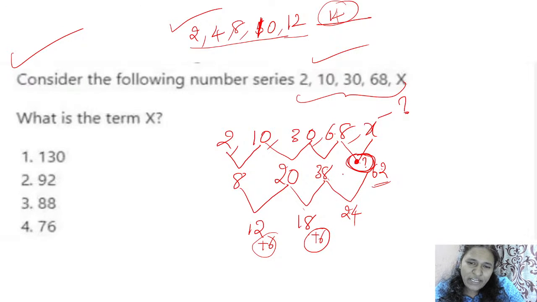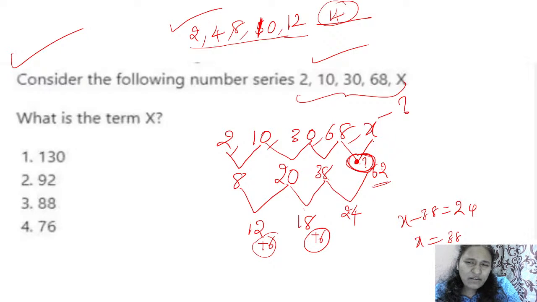Then the difference between these two is 24. Suppose we take it as x. x minus 38 is 24. That means what is x? This will go this side, right? x is equal to 38 plus 24. That is 62. Okay. Now we came to know